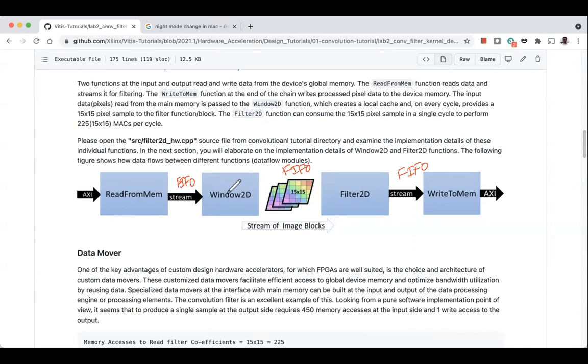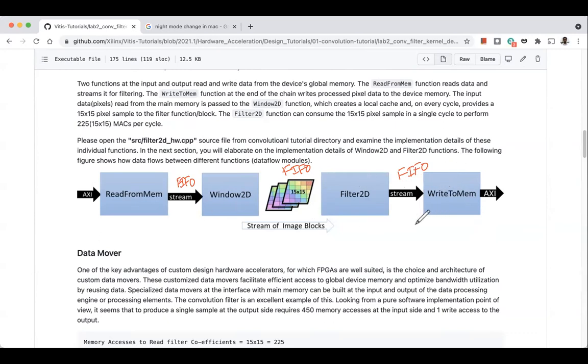This window 2D maintains that line buffer, and it extracts a 15 by 15 or 3 by 3 input window and streams it to the filter 2D module. Filter 2D has the filter coefficients as part of it, and it keeps getting the input windows, performs a dot product between the input window and the filter window, generates a value and puts it in the stream. And the write to mem module reads it and finally writes it to the output memory.